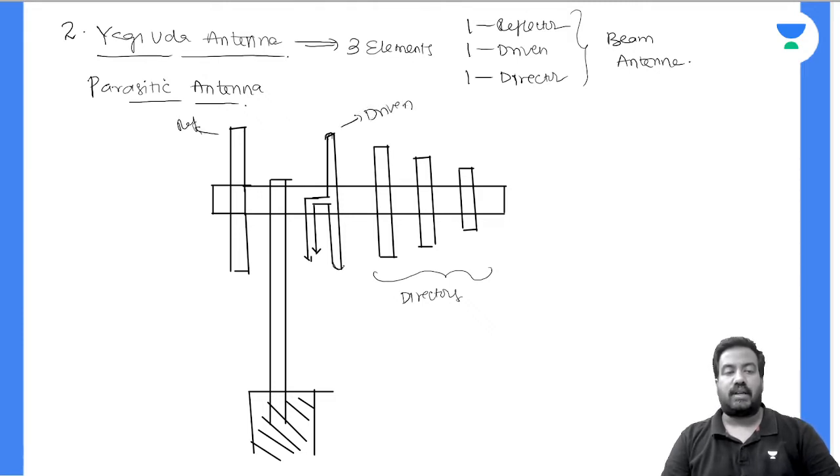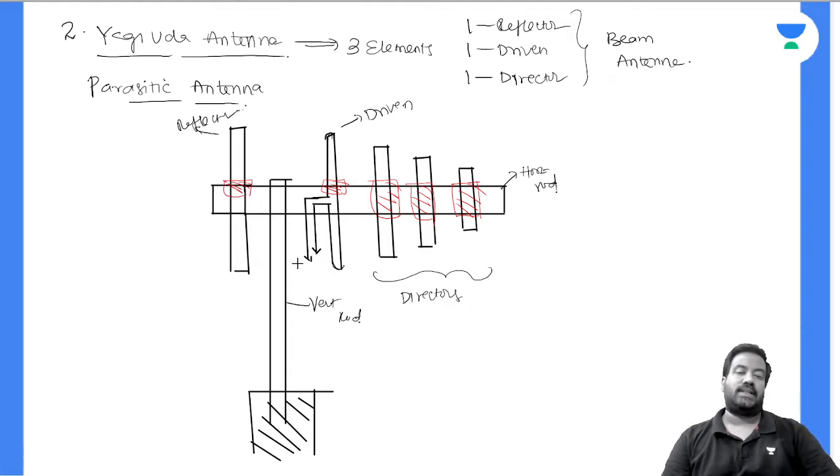This is the reflector. This is a horizontal rod. This is a vertical rod. And these are the clamps that hold these directors, driven elements, and the reflector. This is a Yagi-Uda antenna, which is also called a super gain antenna